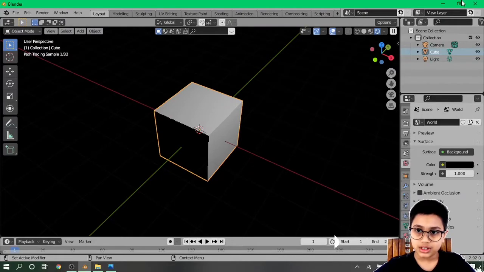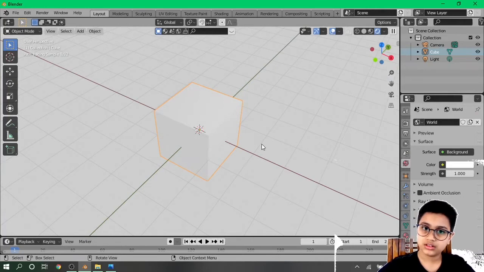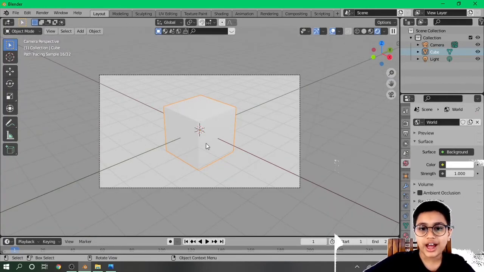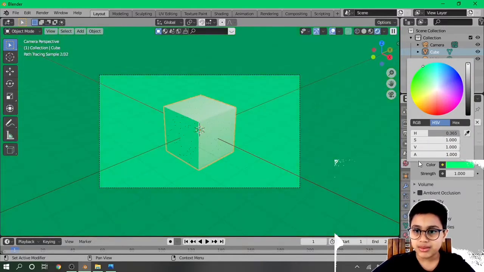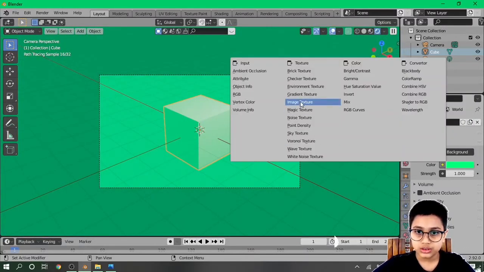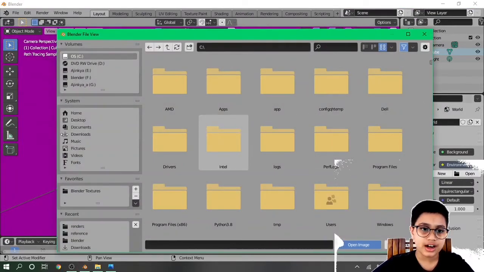If you make it white, you will have a light shadow. And you can also add an image by going to environment texture and open, and you can add an image.